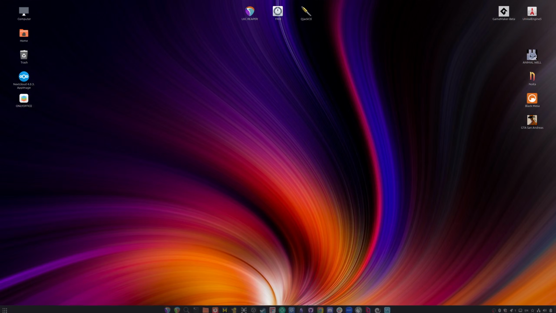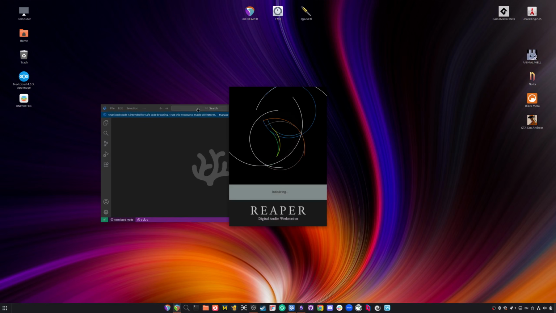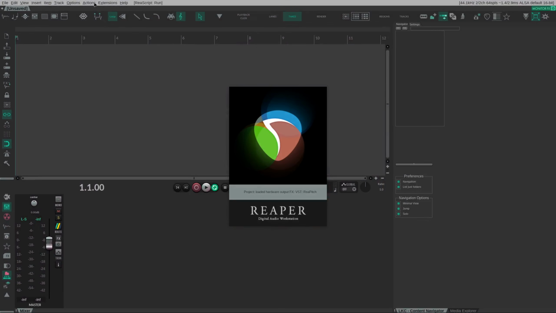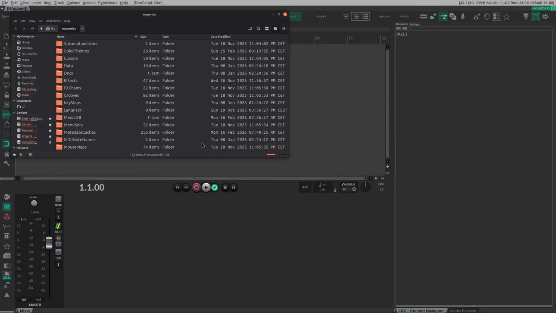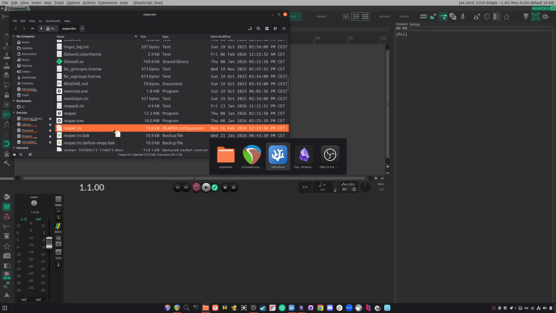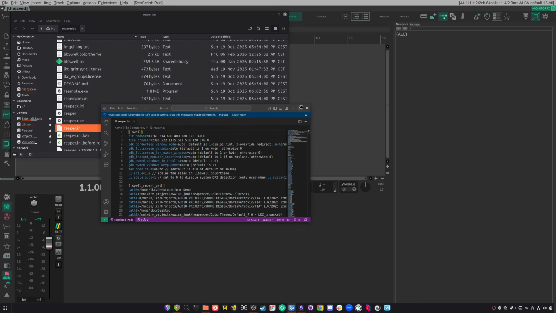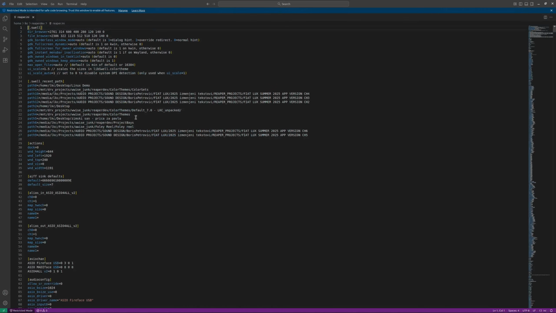There's a way to scale the UI. You modify some values in your Reaper ini file. Let's maybe show that actually in action. I picked Linux Mint because it is very close to the Windows experience. So this value, the UI scaling, I set it to 1.5, and then I have this scaled